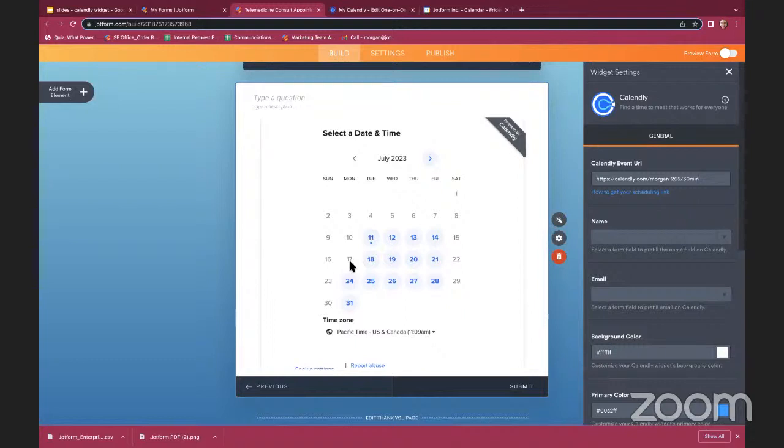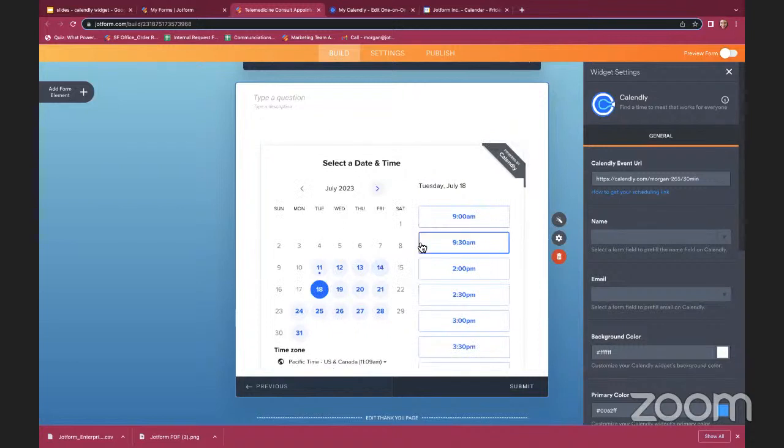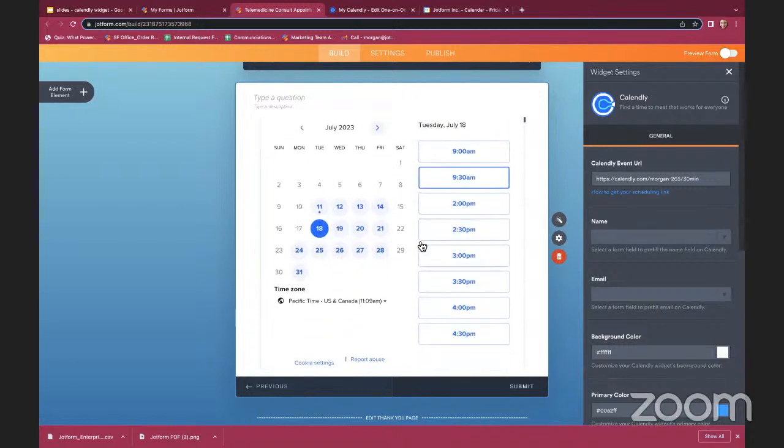Nobody is able to book time there. On Tuesday, I have a meeting at 10 a.m. and then my flight home is right after that. So you can see if I click on Tuesday, my last appointment slot is at 9:30 and the next one isn't until 2 p.m. So it is in fact blocking off the time that I have blocked off in my